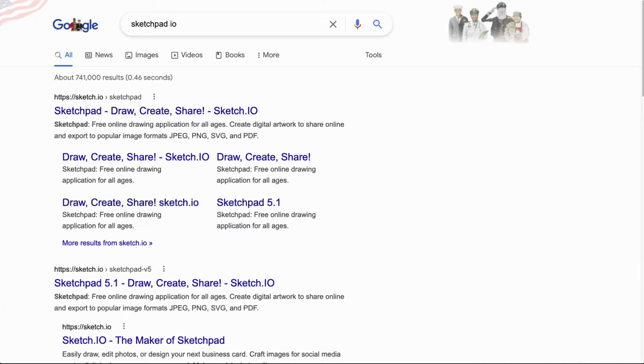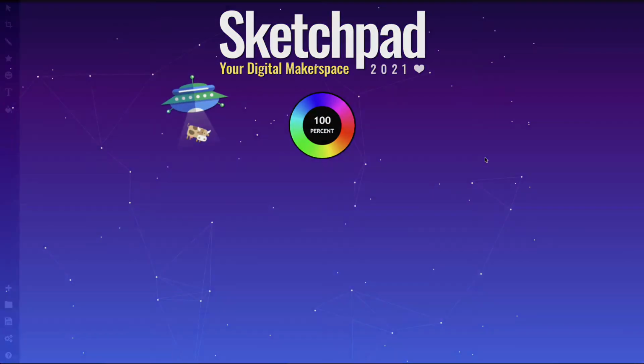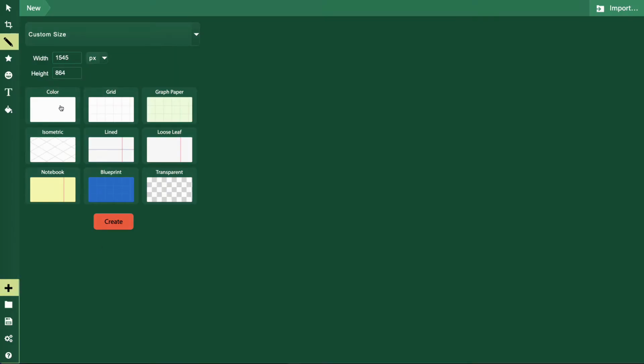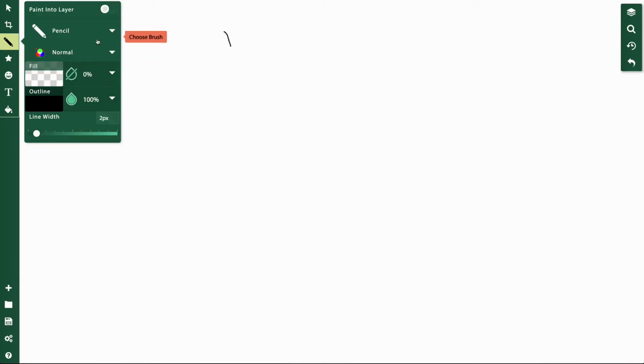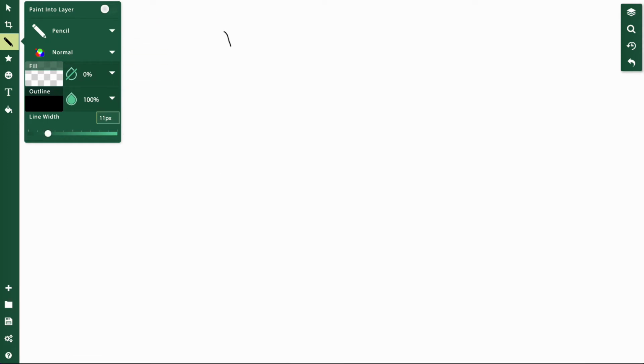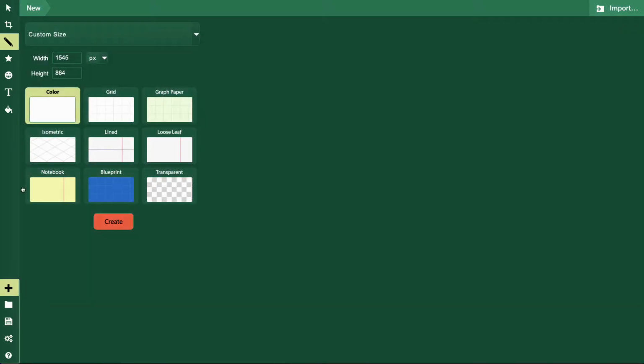Let's get into Sketchpad.io, which is a drawing site here. And I'm going to build this out, and we'll make a new picture like this, okay? And then I'm gonna take my stylus here, and let's draw out a little of the theory behind a function. Let's make this a little bit thicker. So I'm going to change the width of this pencil to be a little bit thicker like that. That looks pretty good. Okay. And I can just make a new one here.